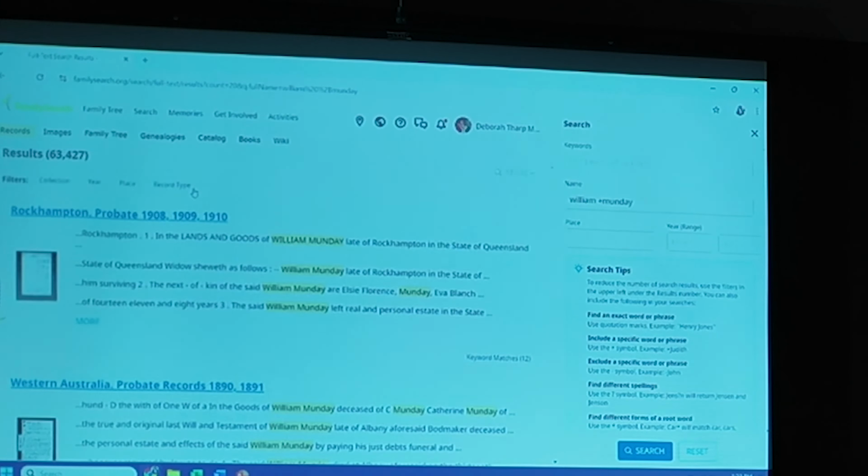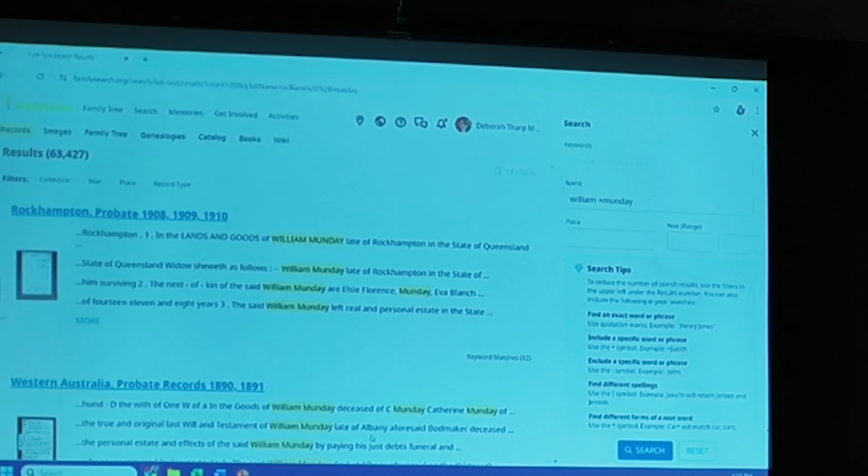But in this case, if you're combining that with multiple names, you can stack that as well. You can have William, you can have Lewis, and then you can have plus Monday, or even multiple pluses, William plus Lewis plus Monday. You can build all of that out and really have it looking for those words, because one of the drawbacks, and I kind of talk about this later on, is the fact that